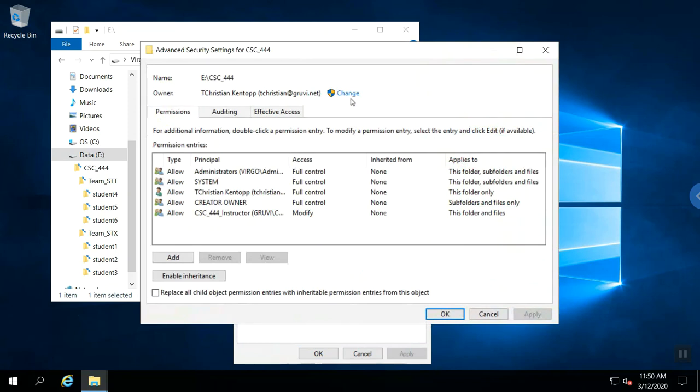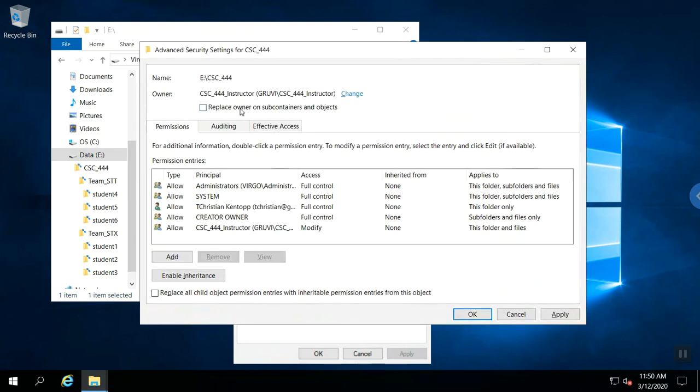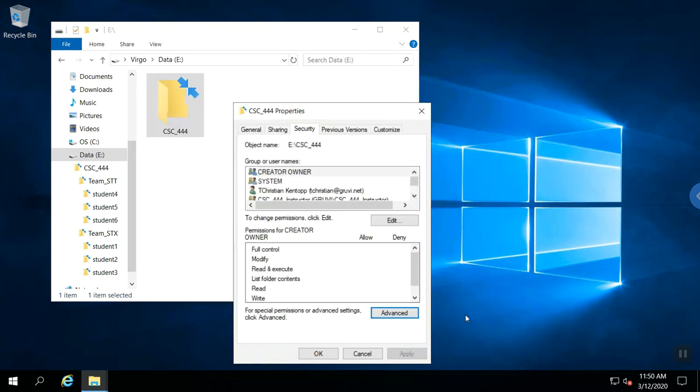So why wouldn't I do it in reverse order? Why wouldn't I remove myself and then change the ownership? Once I've lost permissions, I lose the ability to make changes. So that's why this last entry is the last one to come off. I will not check the box. I don't want site folders or student folders to inherit ownership from the instructor. I'm going to say OK,